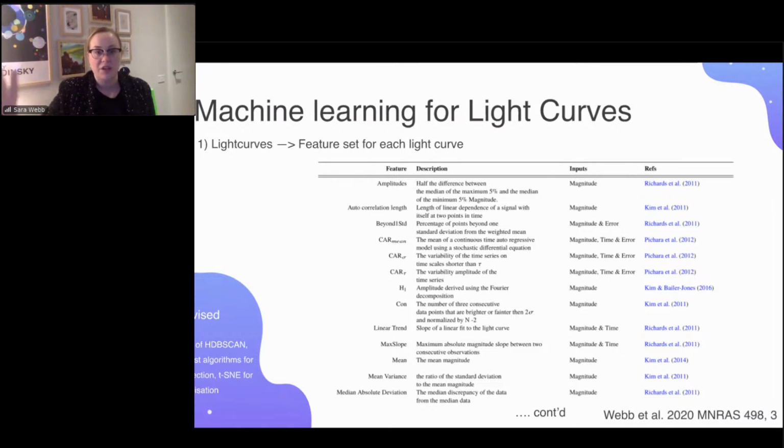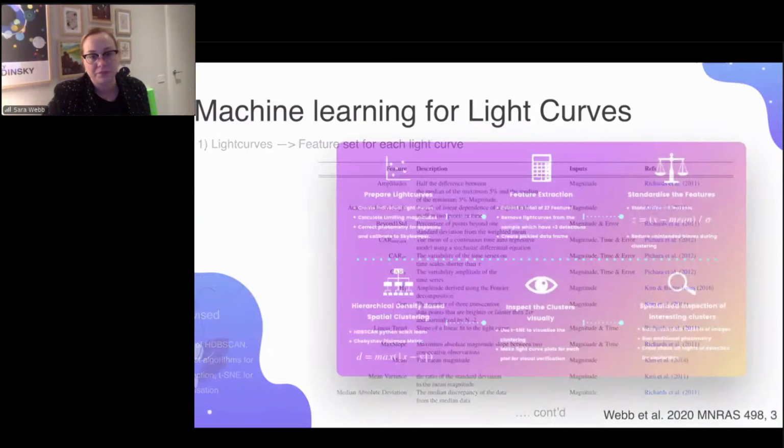So we used features that hopefully would describe the shape of the light curves, regardless of whether they had some sort of periodicity to them. We tried to eliminate that any of the features had to have that. And we made this really diverse. I think there's 25 features in the end that we extract from each of our light curves to then try cluster in feature space.